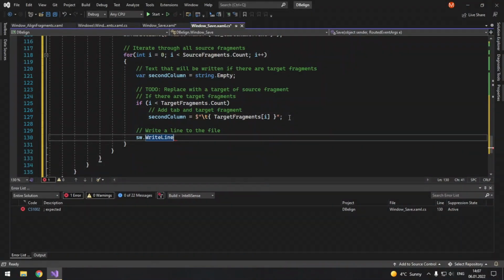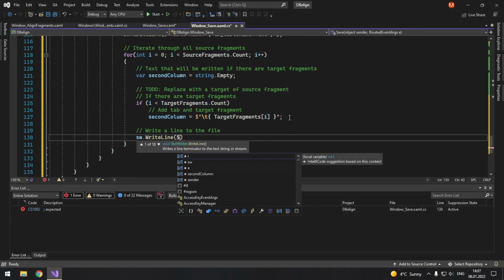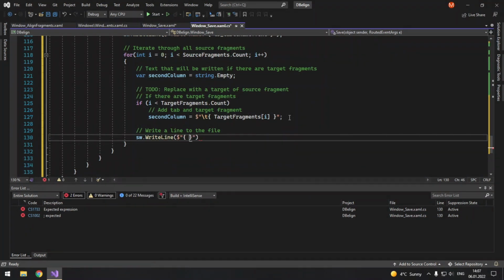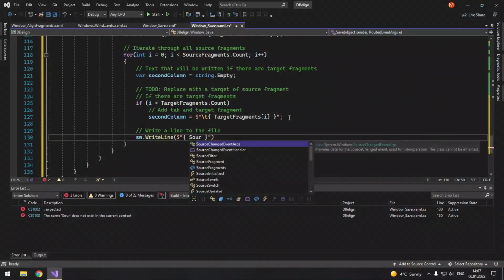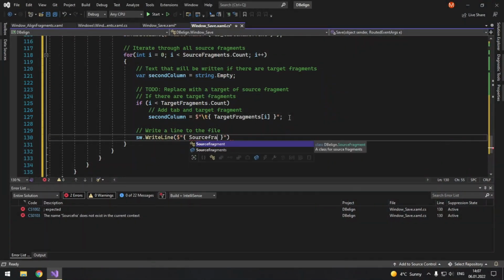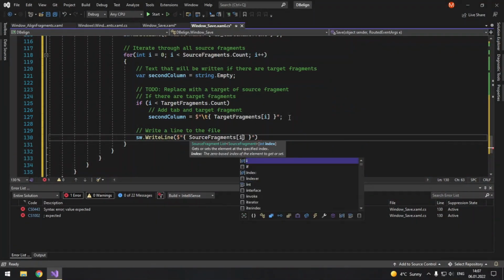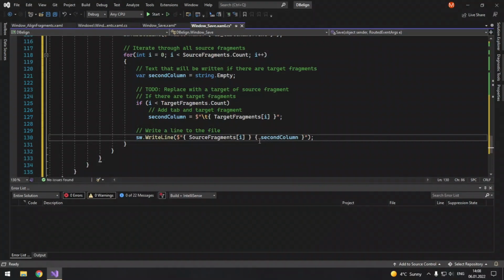Okay, and again dollar, and here we put source fragments I, and then second column. What a nice suggestion we have here, but we don't want space here.